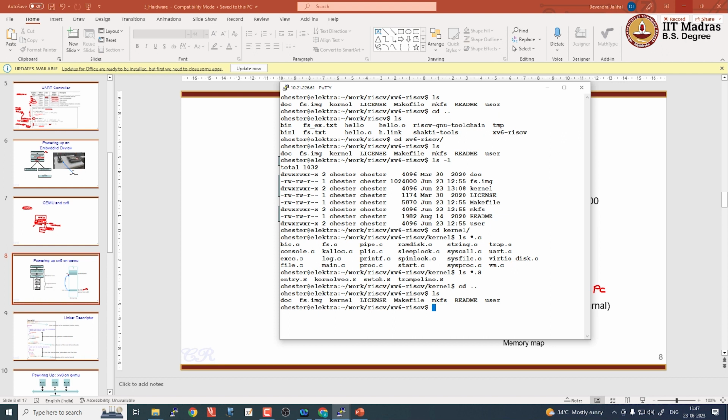We'll have a separate tutorial on how to build xv6, but for now I will just show you some of the more important things. The first thing to note is that if I run this make,